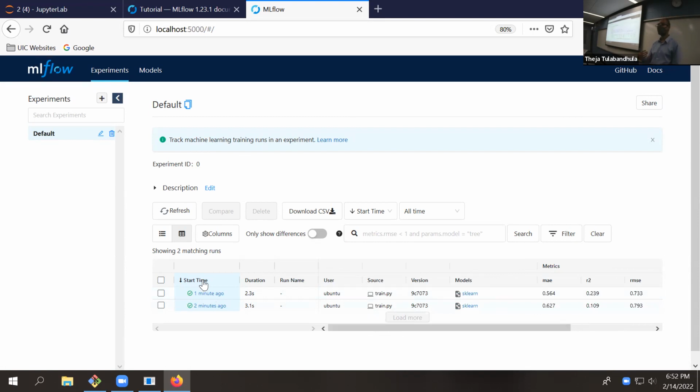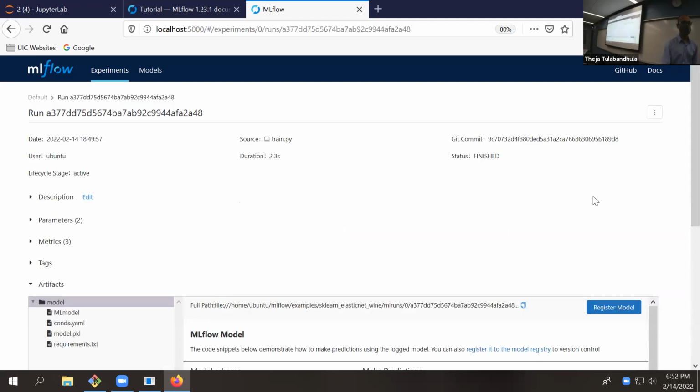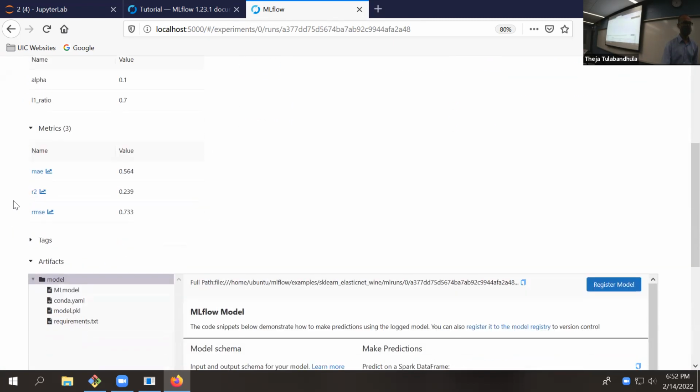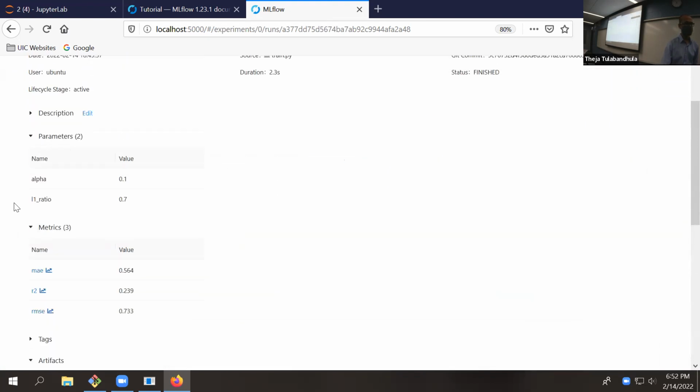So this is like model version, right? Imagine, it's very convenient, right? Imagine doing this post processing using pandas, or showing it in Excel sheets and so on. So if you click on one of them, it's the same thing. What is the alpha metrics and so on. So actually, I believe we should be able to